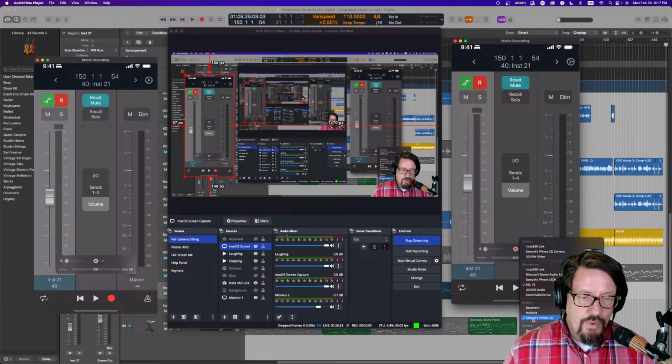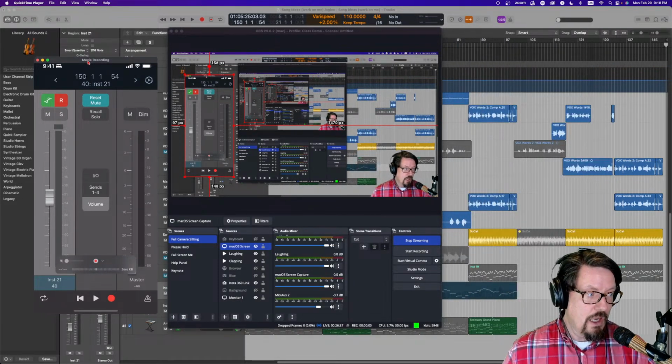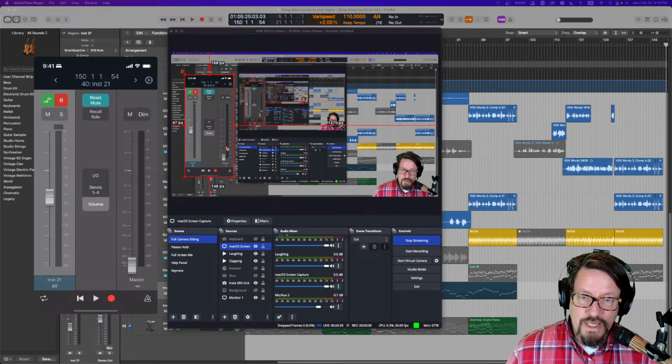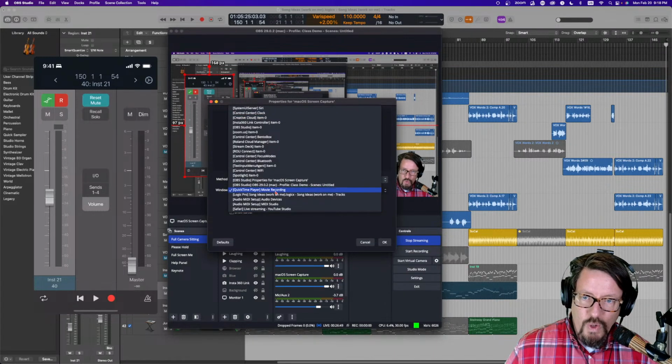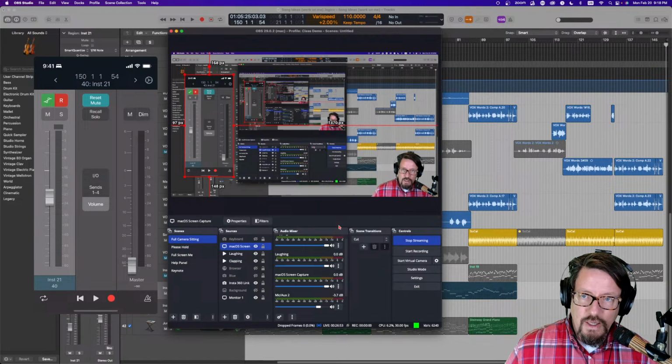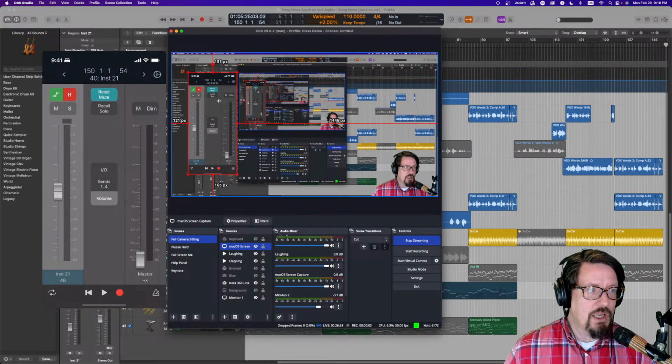And so I've got this selected, and then it shows up in the QuickTime window. So the QuickTime window, I then just move off the screen to my second monitor and put it down in the corner. And for this source in OBS, you do window capture, and then I choose QuickTime movie recording as the source. And so then I have this on, I can move it wherever I want to on my screen,